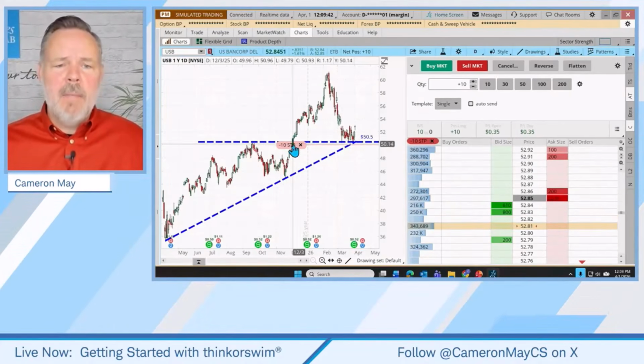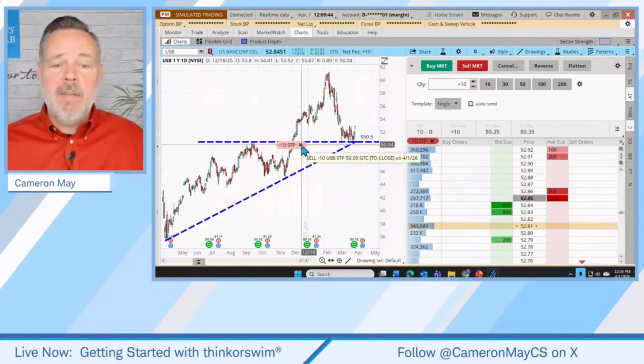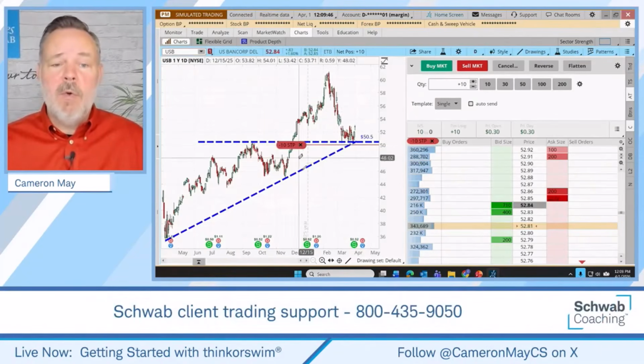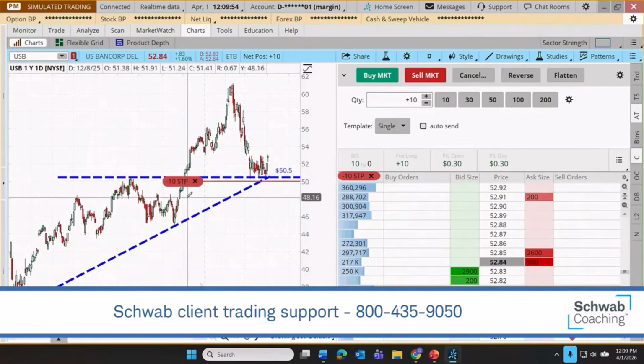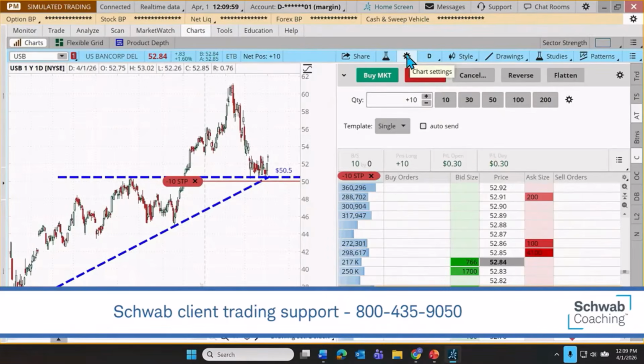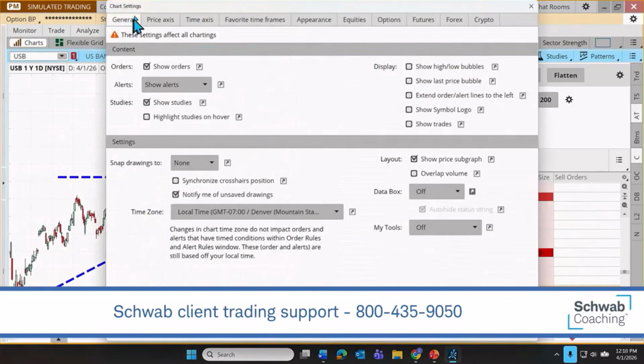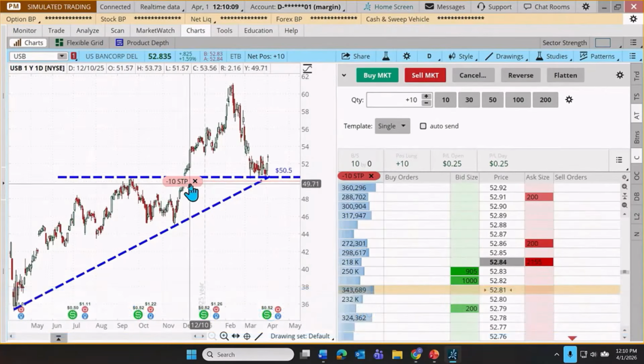But here we can see our stop. And yes, we can cancel the stop as is typical. If we have our orders displayed on a chart, we can just click on the little X right there, and that'll cancel that stop. If you're not seeing the orders and you would like to see them displayed on the chart, that's actually a chart setting right up here at the top. We can click on chart setting, go to the general tab, and the very first check mark, show orders. That'll put what we call a pill on your chart.